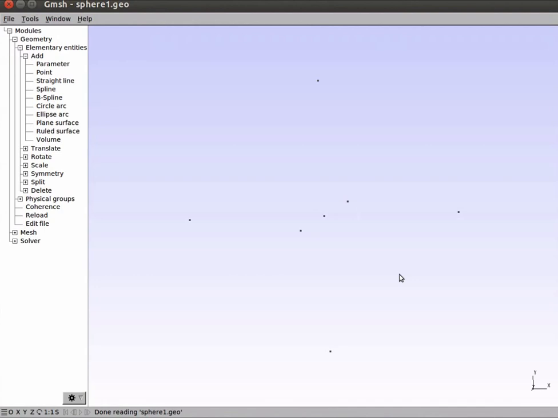I'll now demonstrate how to make a circular arc. In Gmesh, a circular arc is strictly created less than pi. To create an arc, select Circle Arc option in the left hand side menu. Now I will select the rightmost point as the starting point of the arc. Then select this point here as the center point. Please note this is the point with the coordinates 0, 0, 0. And finally I will select a point on the top side as the end point of the arc. Repeat the process till all arcs are created. Remember to keep the same center point for all the arcs.